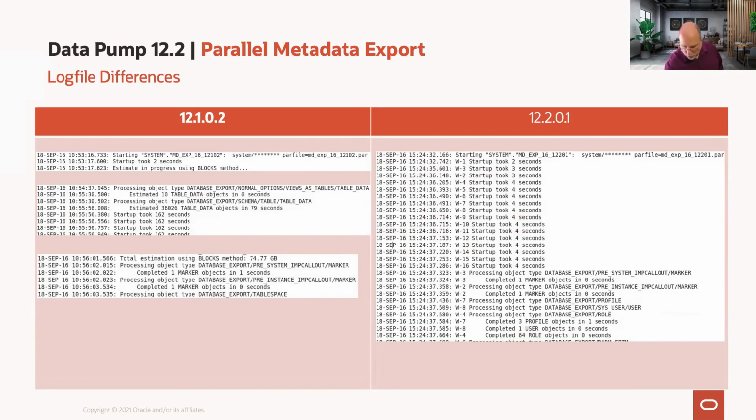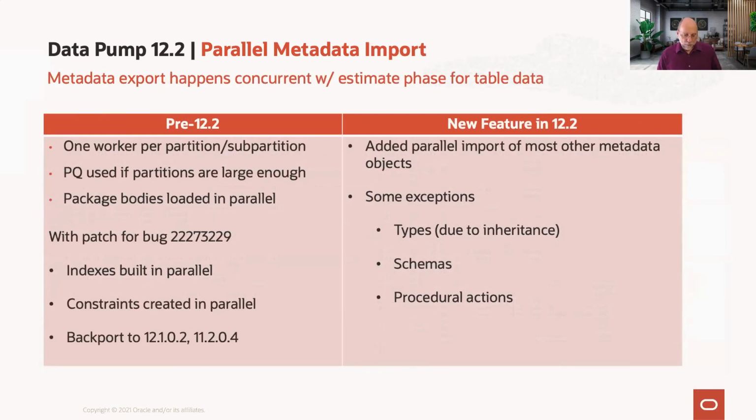You can see the W hyphen there. That's the worker number that's used to process, for example, profiles, users, and roles kind of successively. So this parallel metadata import is also available in 12.2, and it does not require a parallel export to use parallel metadata import. So in 12.2, what we do is we import most metadata in parallel as long as there's